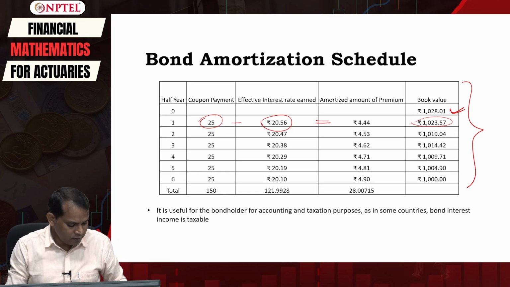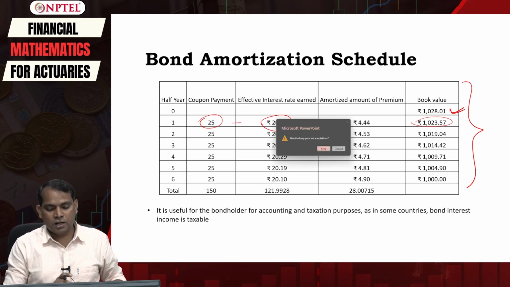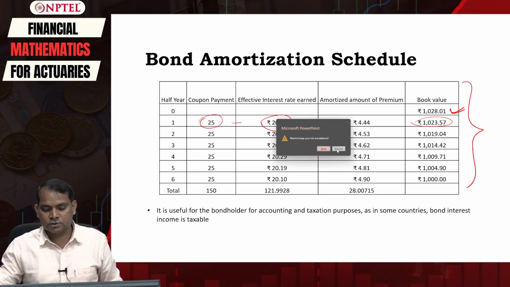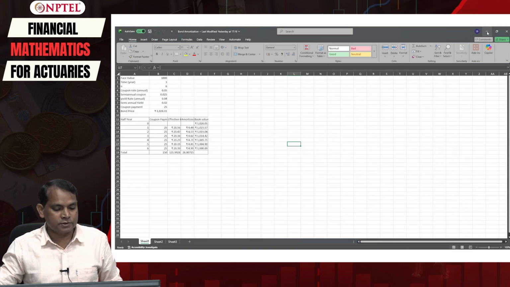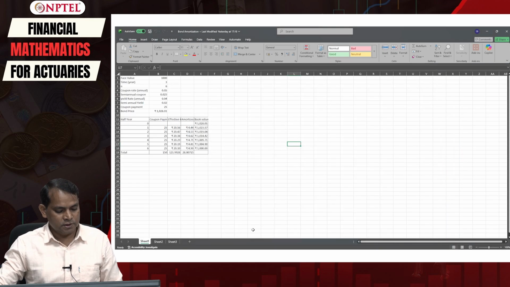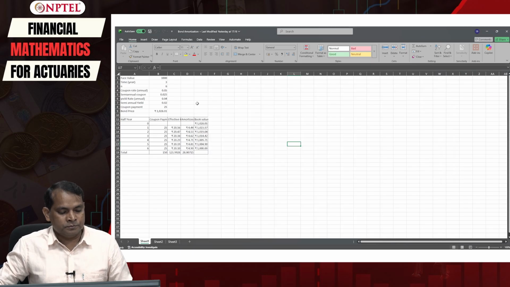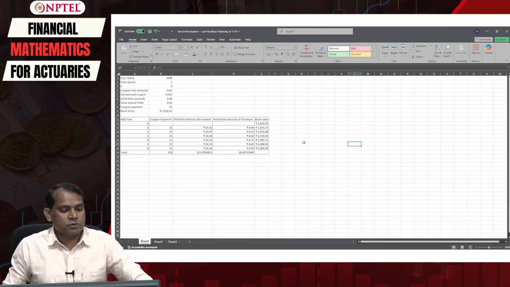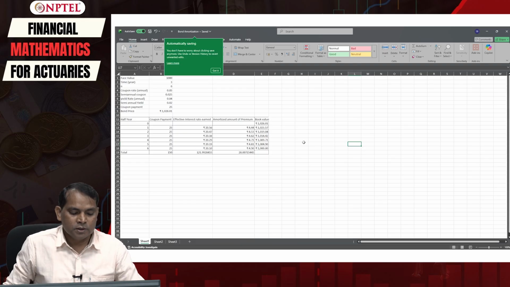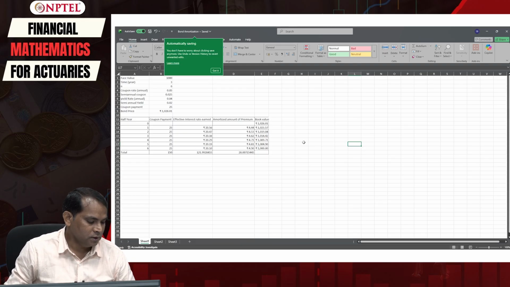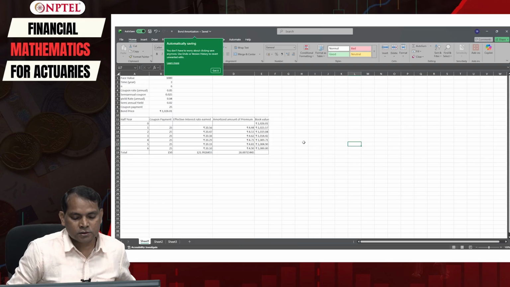Let us open this Excel here. I have already done it for you, but I will just show you here. Minimize this one. So what is the problem? What was the problem here? The problem was, consider a